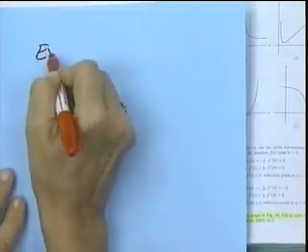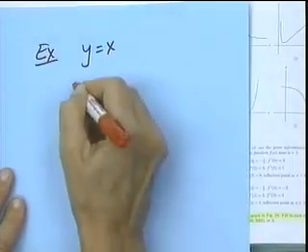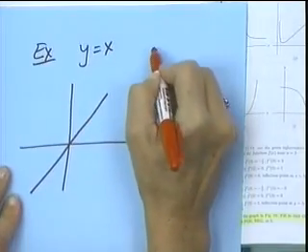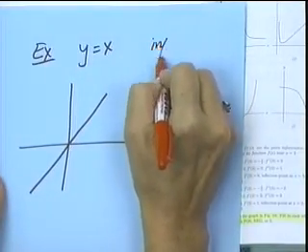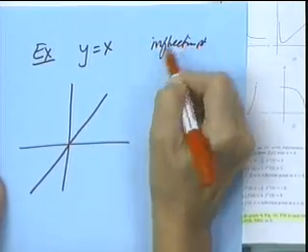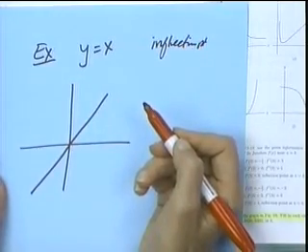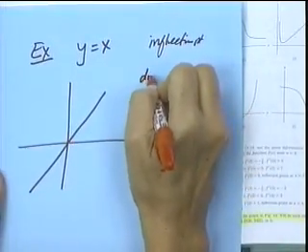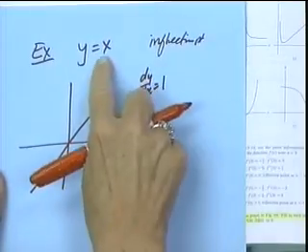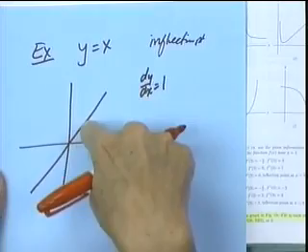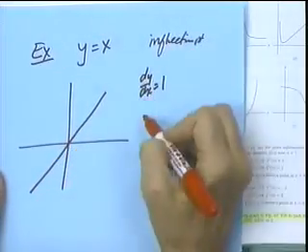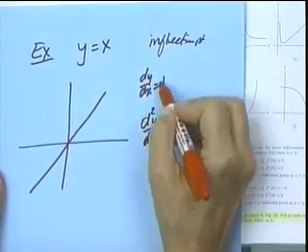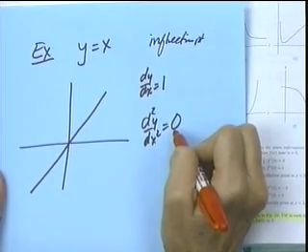I'm looking for my counter example. Here's one for sure. y is equal to x. It looks like this. And we want to know, is there an inflection point? The answer is no, because there isn't any concavity at all. But if you didn't know what the picture looked like, when you do your first derivative, you get 1, which tells you your curve always increases. When you do a second derivative,